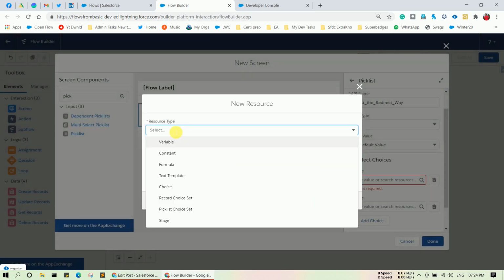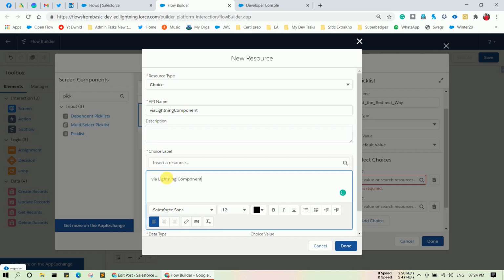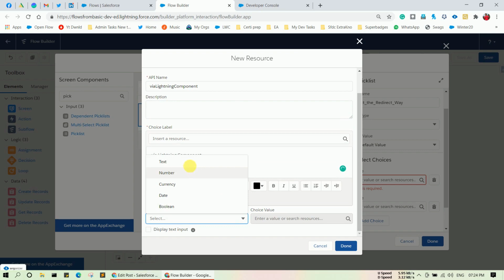Here you have to provide a choice and the API name of the choice. Let's say via Lightning component, and also provide the label, the label data type is text, and simply click done.